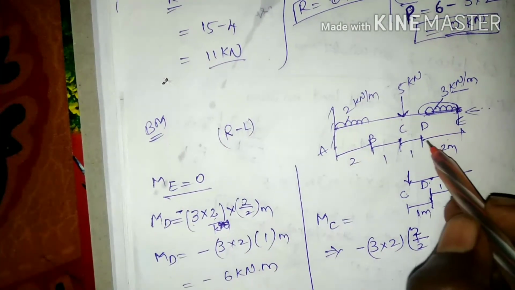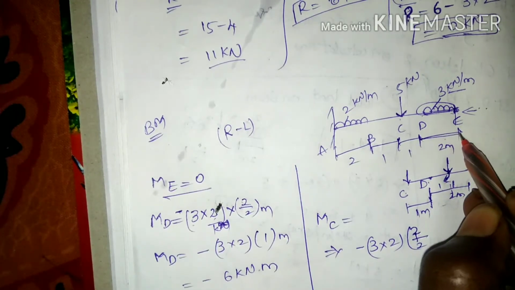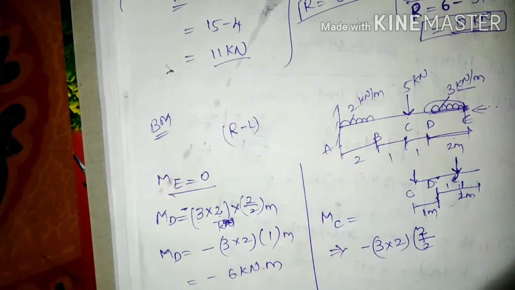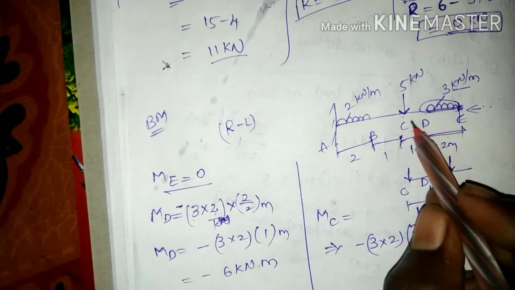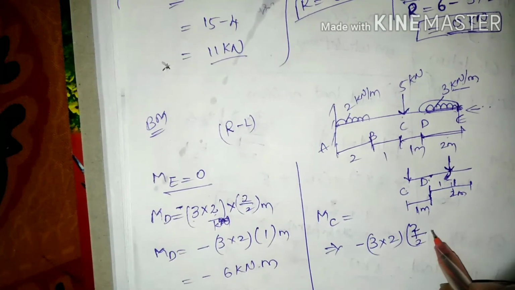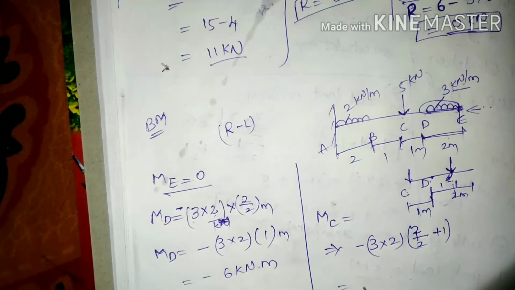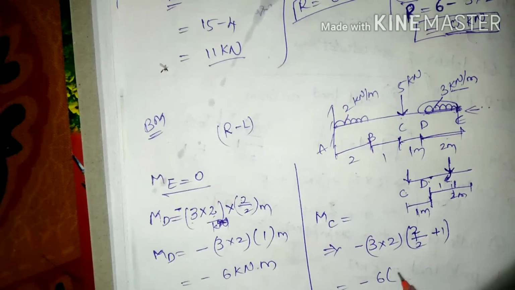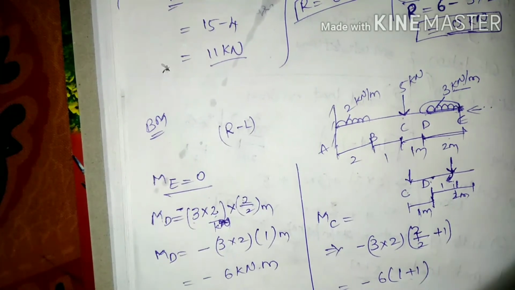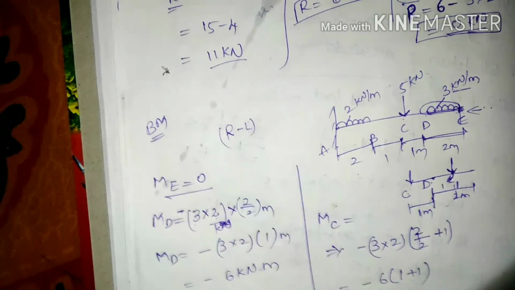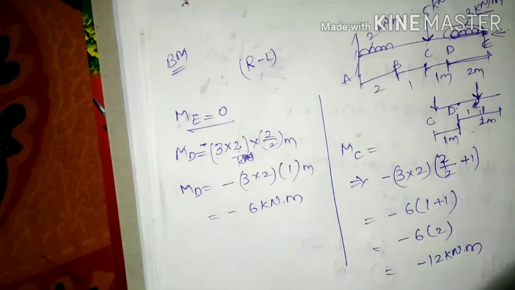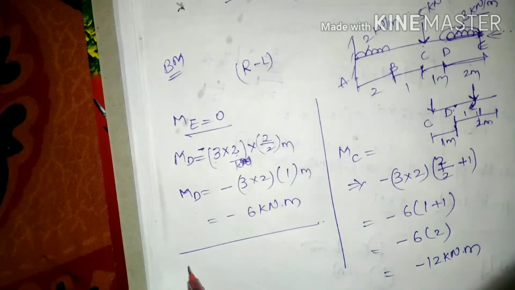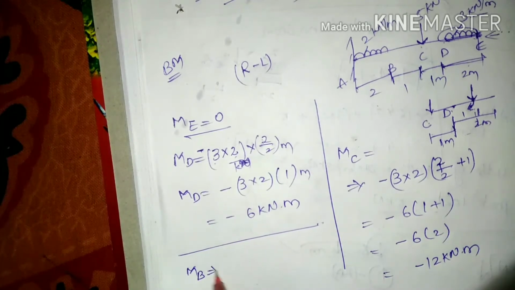Here we are having only the 2 meters, and the extra 1 meter is going to act for the moment about C. So adding 1 meter, that is minus 6 of 2, that is equal to minus 12 kilonewton meter. And for the moment about B, that is equal to